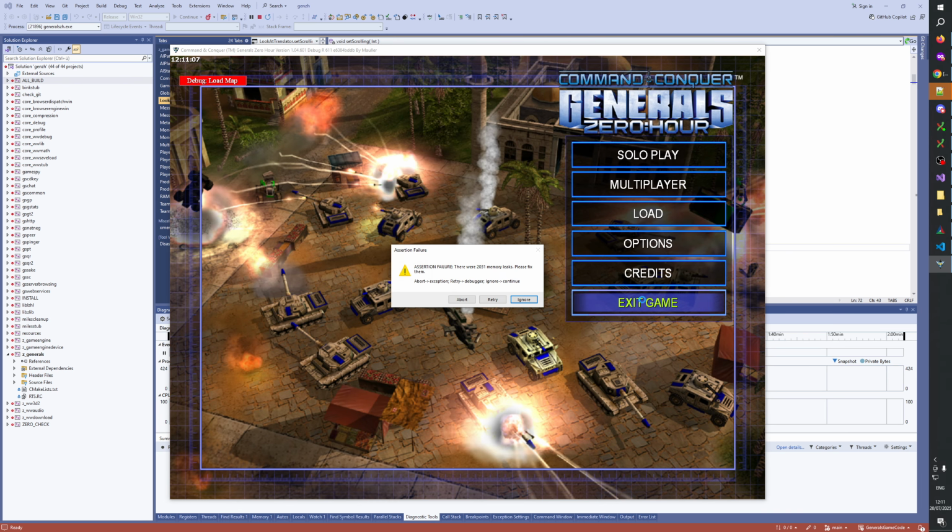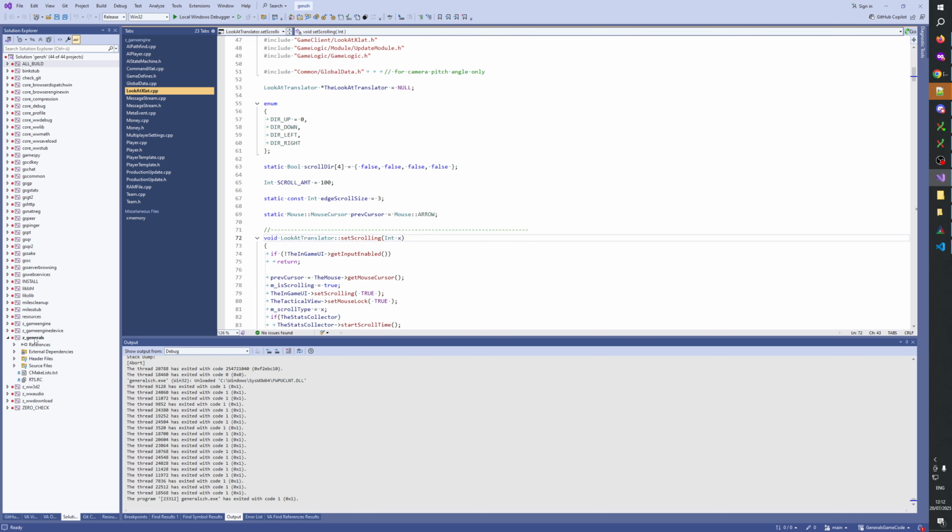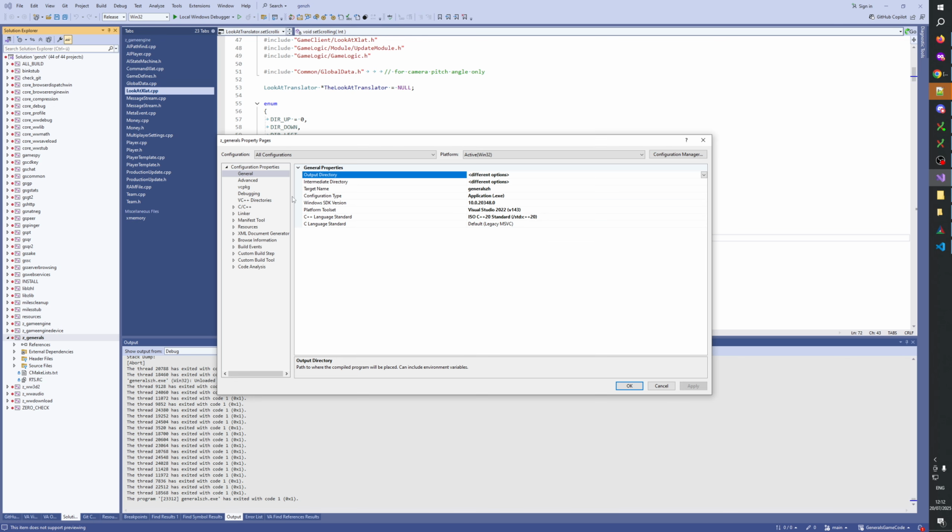And then we load Dry River. And then we exit the game. 2100. Not so much more. Yeah, maybe because there are assets shared across these maps. Okay. So, and if we launch with shell map,